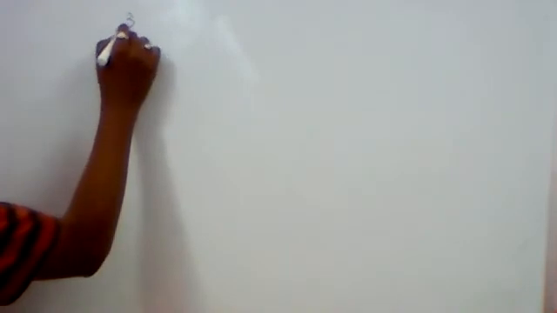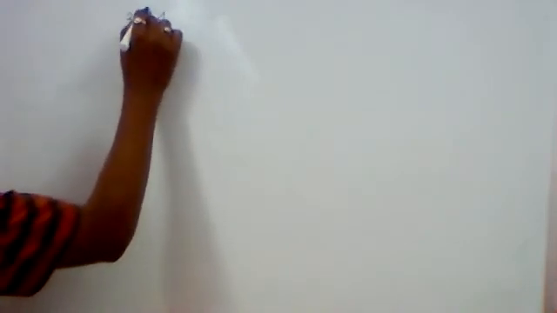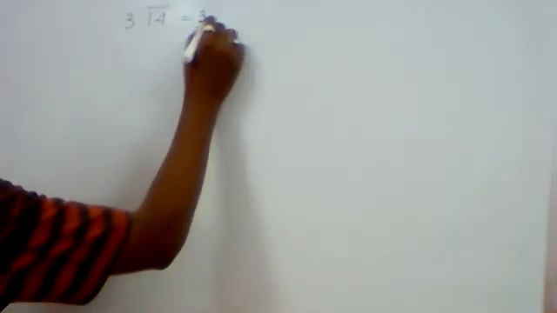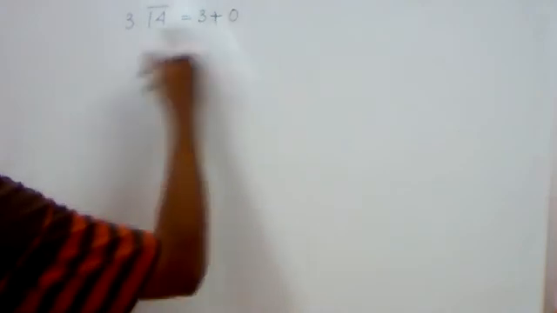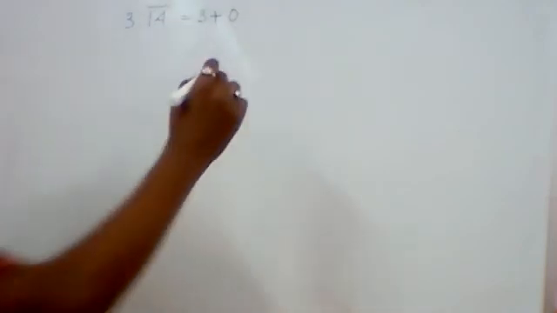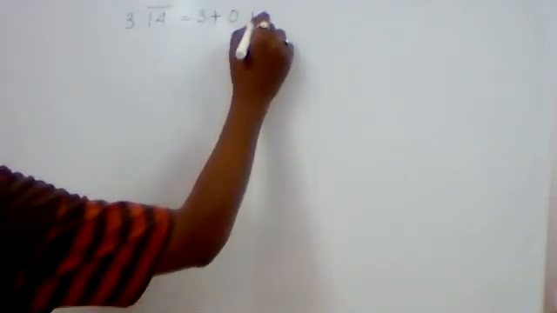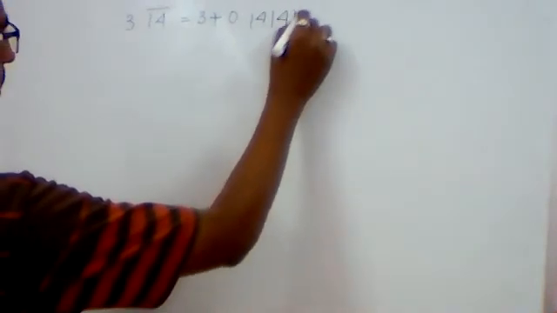The next question is express 3.14 under recurring in p by q form or m by n form, whatever. Okay. So it can be written as 3 plus 0 point, because 1 4 is under recurring sign, so we can write 1 4 repeatedly in infinite times dot dot dot dot. So it will continue because it is recurring.